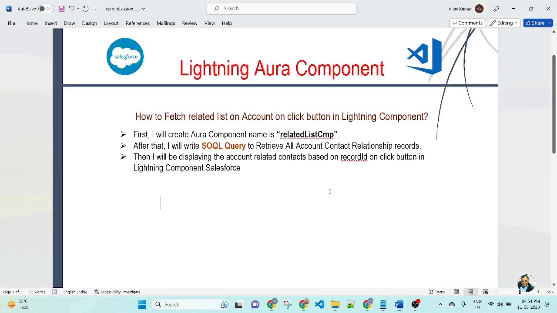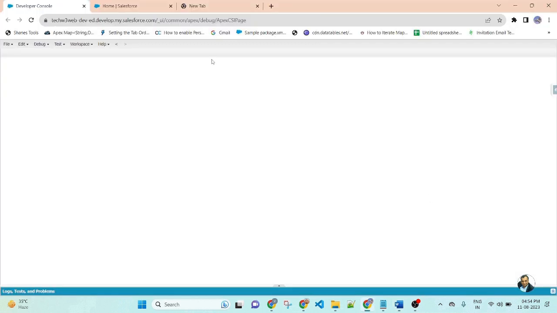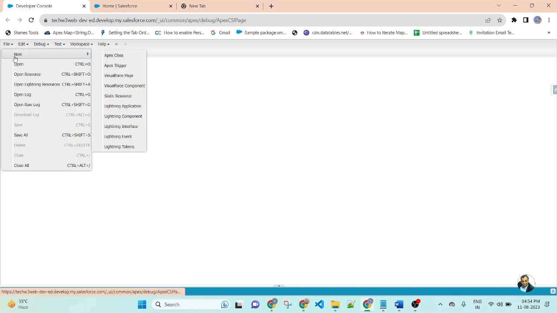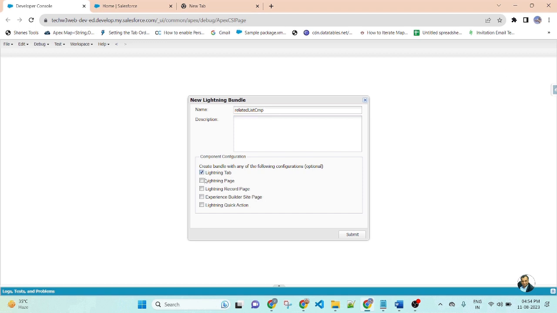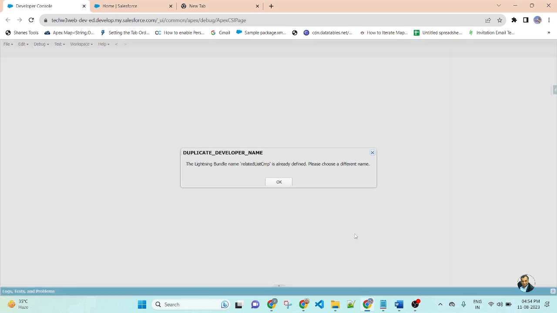This is my Salesforce developer org. First I will create the component. My component name is relatedListCmp. Copy the name, go to file, new, component. Submit.